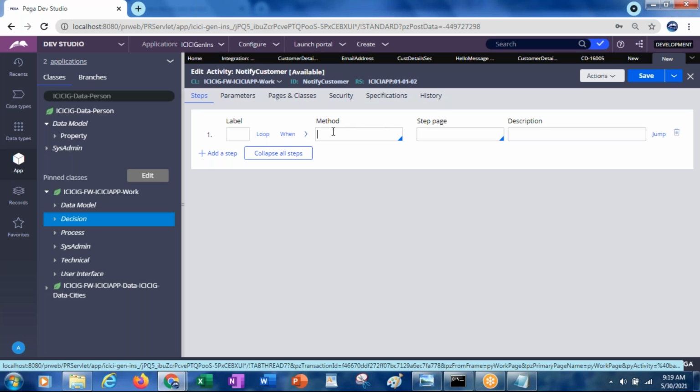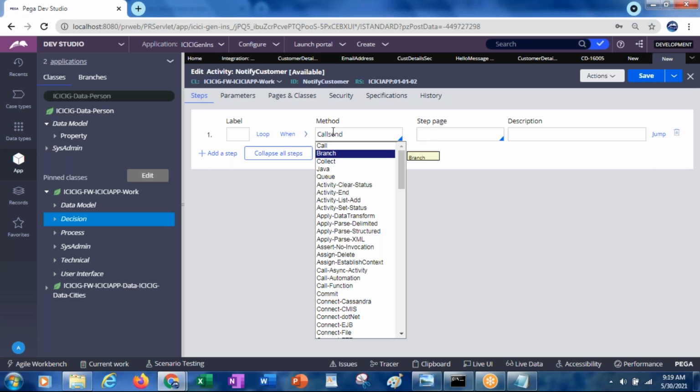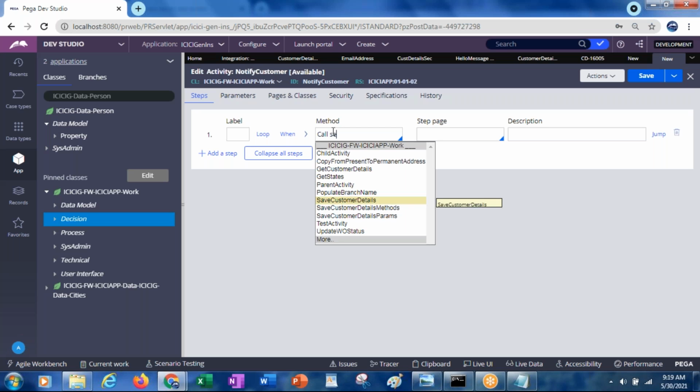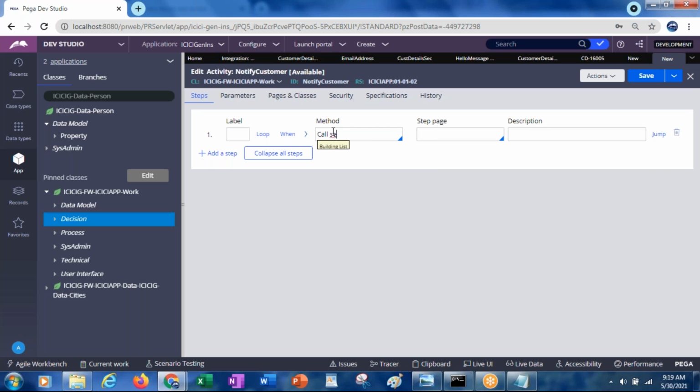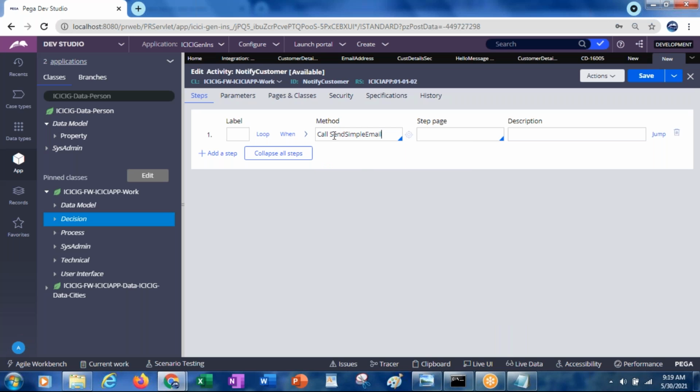But if you want to send the email from the activity, how exactly can you do it? Call send simple email. This is the default activity available in Pega. You can select that, and expand it.